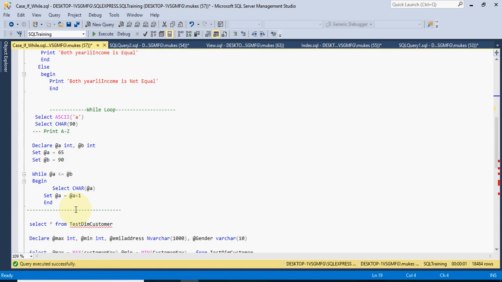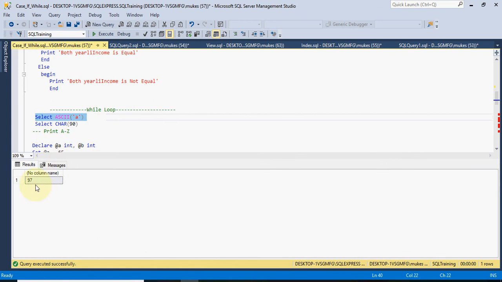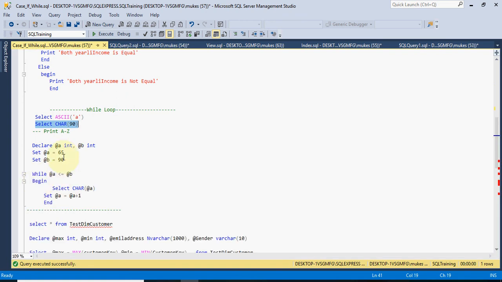A very important question here is how we can print A to Z. They will ask. The ASCII value of A is 97, right? If you select 90, it prints Z. So the starting value of A is 65.